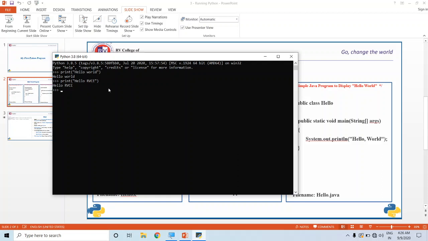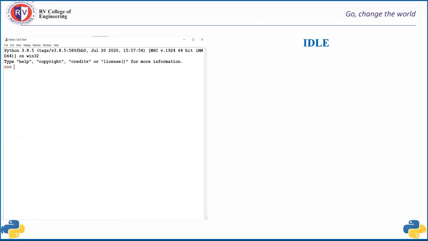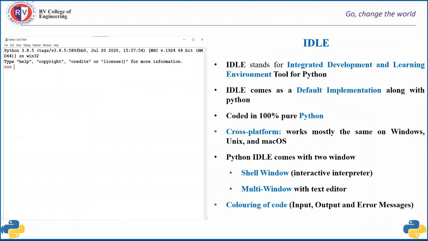Now, we will see how to use Python IDLE. As I told in the previous video session, we have something called Python IDLE for typing the Python code. IDLE stands for Integrated Development and Learning Environment for Python. This is useful for typing the Python code. Whenever you install Python software on your Windows operating system, by default you have Python IDLE. So, how do you know whether we have Python IDLE?